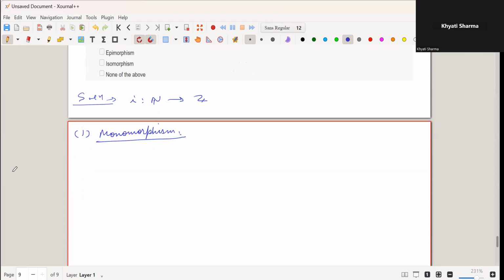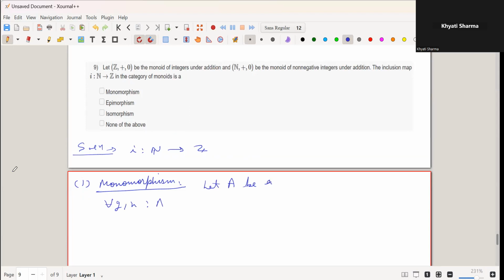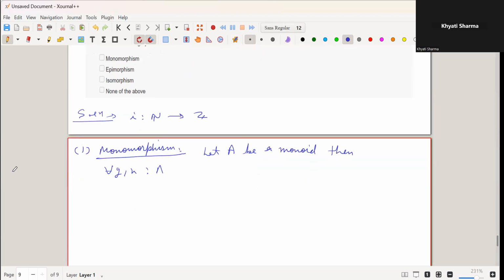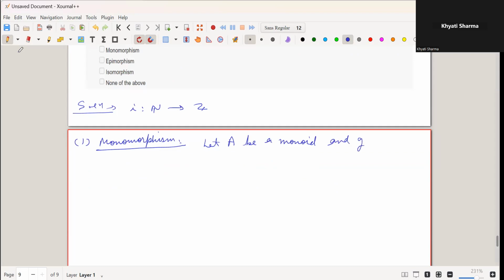For all g, h from A, let A be a monoid, then for all g, h maps from... or maybe I will write it like that: let A be a monoid and g, h belong to the category of monoids. Let A be a monoid and g, h be